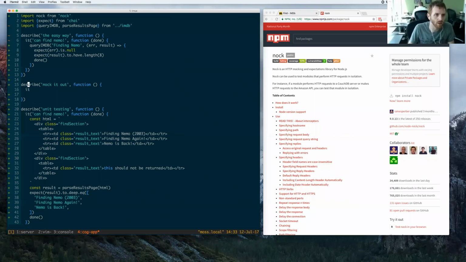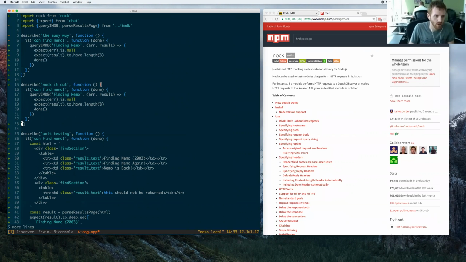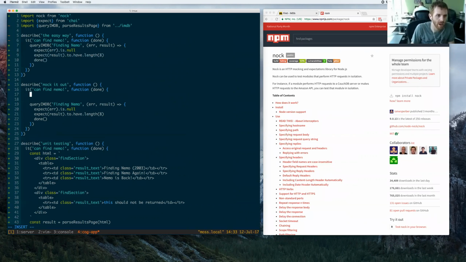We want to have our it can find Nemo test again, and we're gonna do this same thing here, right? So I'm gonna copy this test verbatim, actually. So we're gonna do the same thing where we are just calling the top level method, covering the code that's gonna try and talk to IMDb. But before we actually call query IMDb, we're gonna say knock